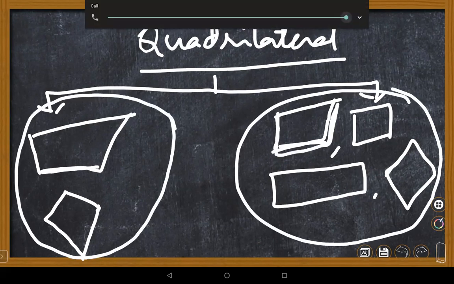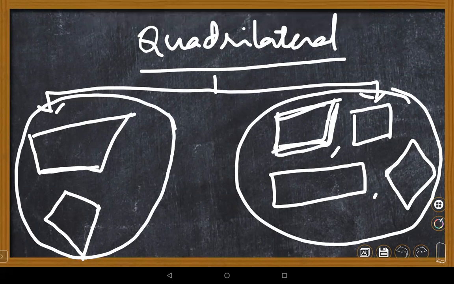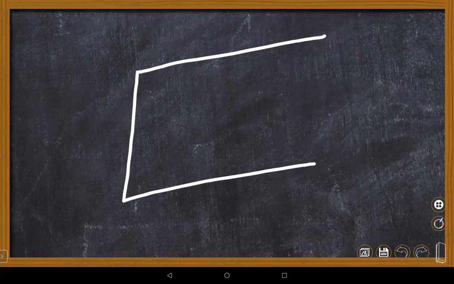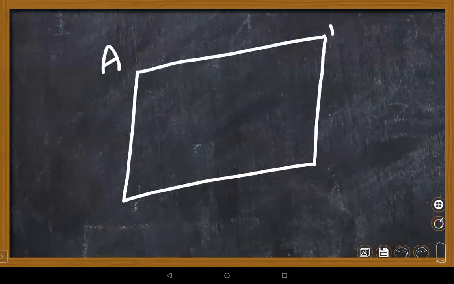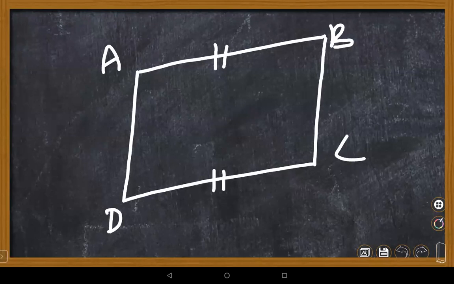In parallelogram, parallel sides are, let me take a parallelogram, children. Step by step, at a glance, we will take. So you just see in a parallelogram, suppose ABCD is a parallelogram. What are the parallel sides? These are parallel sides. And opposite sides are parallel. You can write how opposite sides are parallel and equal. Even AD and BC are equal and parallel.